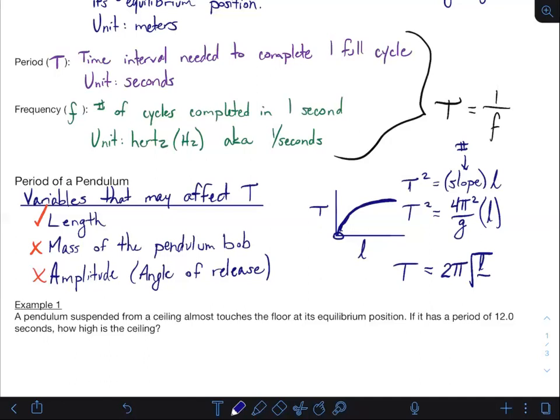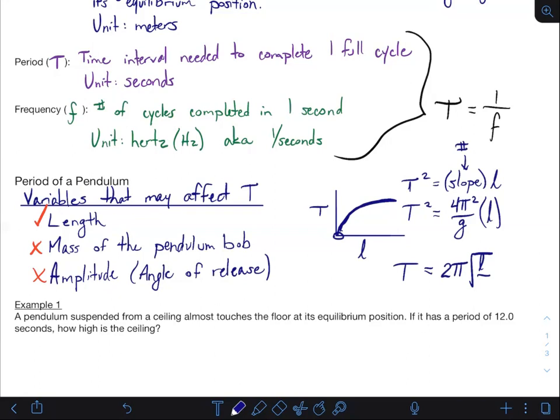The reason why we prefer to write it this way is because ultimately we are looking for an expression that is going to calculate for us the period of the pendulum. And this directly calculates the period of the pendulum for us. This equation is provided to you on the equation sheet. So I always advocate that you should memorize equations, but don't feel pressured to, because it is going to be available to you. And we're going to use this equation in a practice problem